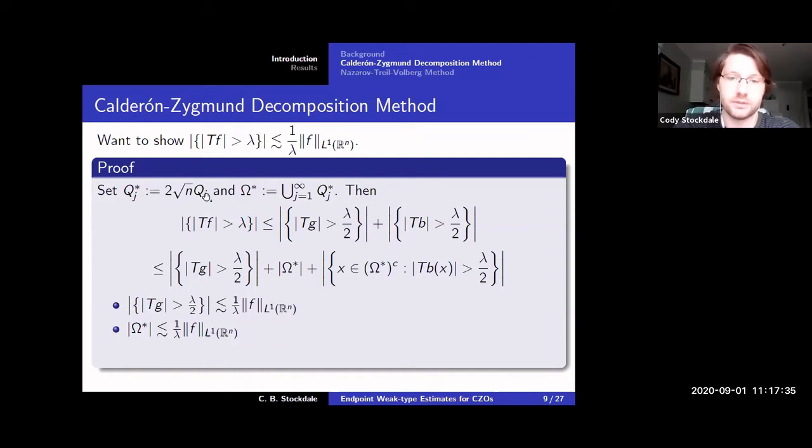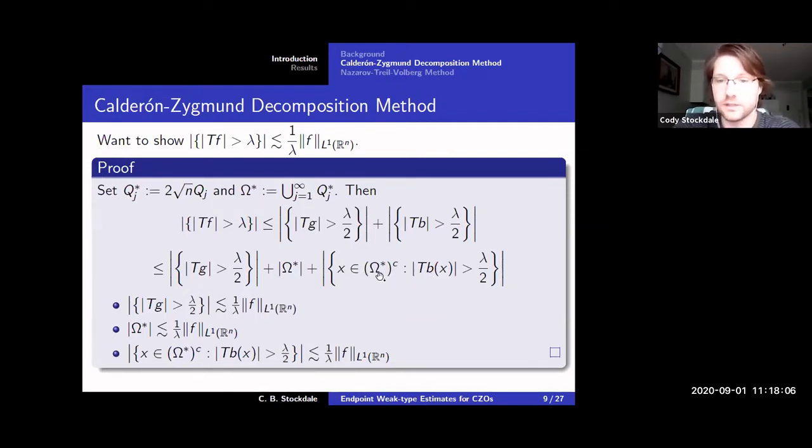And then the second property on the previous slide said that the measure of the support of B, which would be the sum of the measures of the QJs, is no worse than 1 over lambda times the L1 norm of F. So basically you take the set, use a doubling property to relate it to the QJs, and then the property that the support of B is no worse than 1 over lambda times the L1 norm of F. The last term is a little bit more complicated, but since we're away from this exceptional set, since we're away from this inflation of